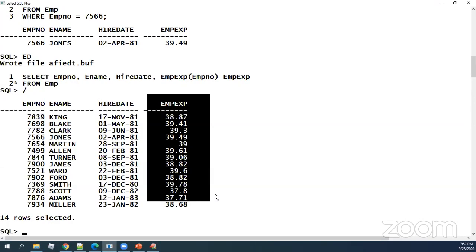Try to understand one thing. You have designed a function that should have a return statement, but you kept an OUT mode parameter. It behaves like a procedure. Am I clear? So just be very clear on these constructs.